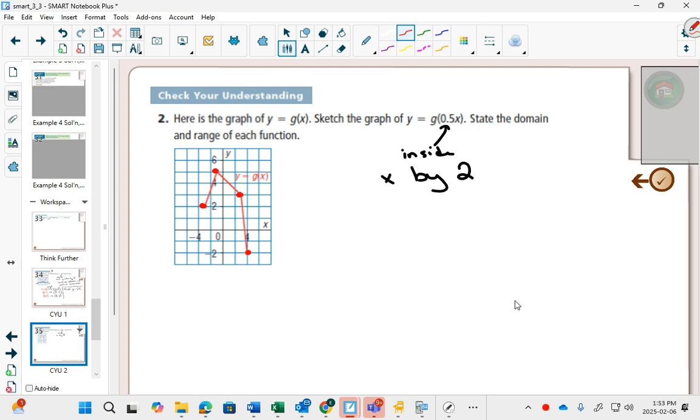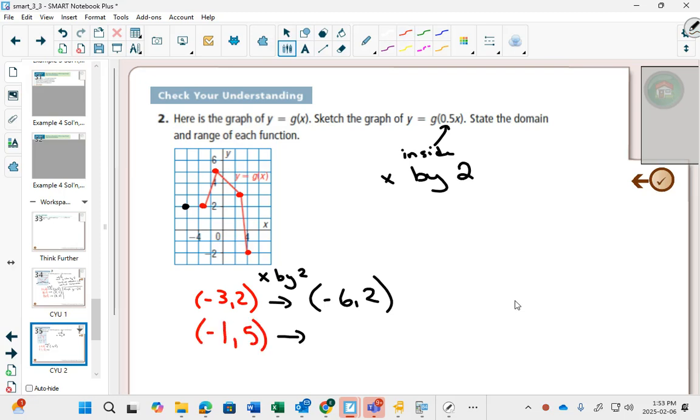This first point is negative 3, 2. And if I multiplied my x values by 2, it's going to change to negative 6, 2. Second point, negative 1, 5. If I multiply my x values by 2, it's going to be at negative 2, 5. Here we have 3, 3, which is now going to be 6, 3. And for negative 2, if I multiply the x by 2, I get